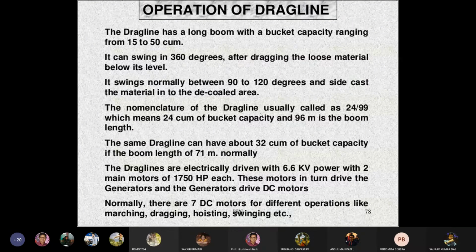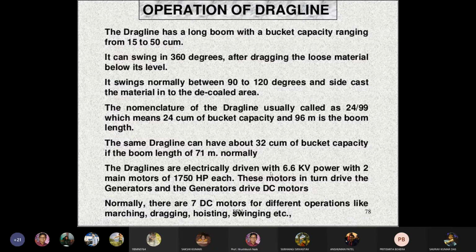The nomenclature of the dragline is usually like 24 by 90, which means 24 cubic meter bucket capacity and 90 meter boom length. The same dragline can have about 30 cubic meter bucket capacity with a boom length of 71 meter normally. If the dragline bucket capacity is 32 cubic meter, the boom length will be 70 meter.